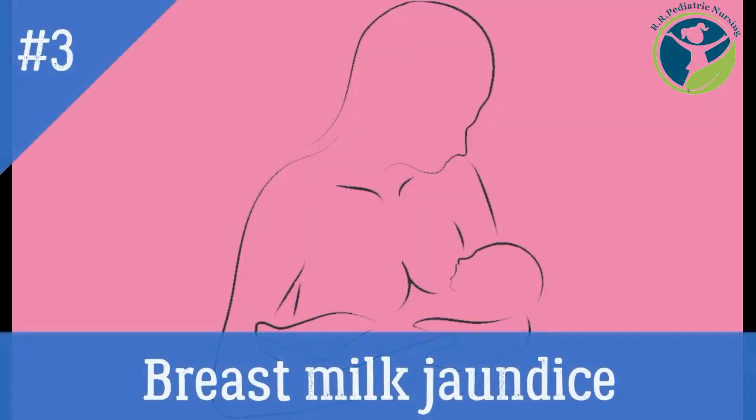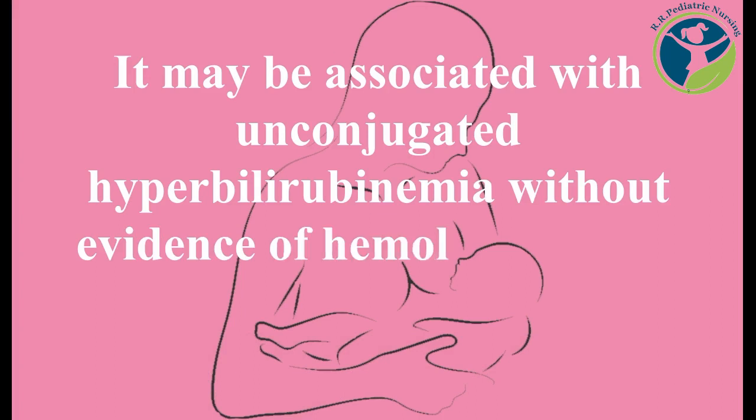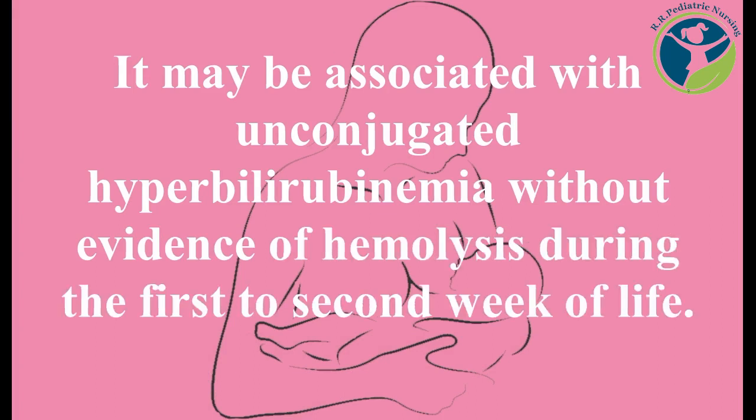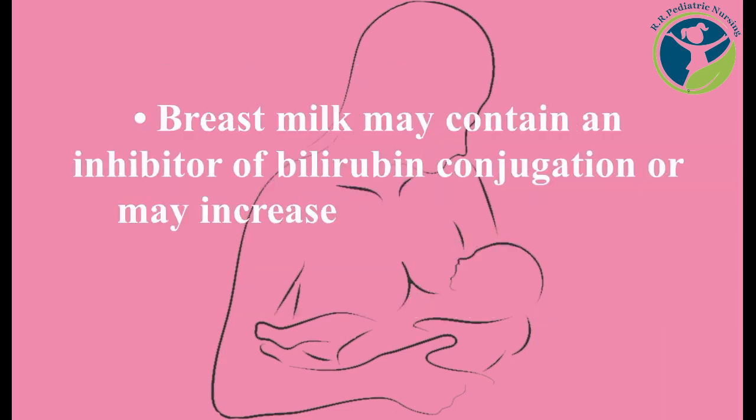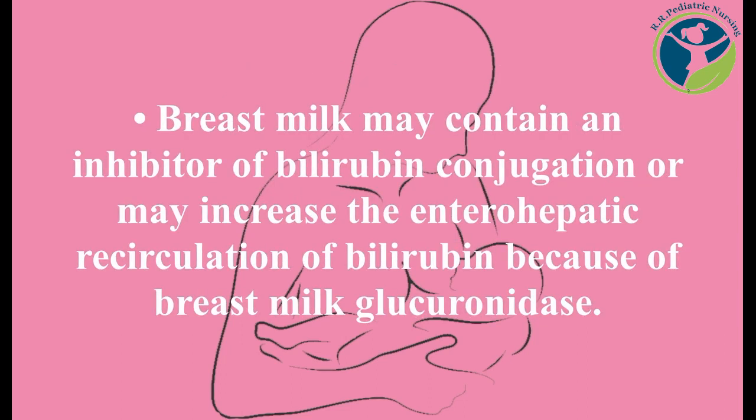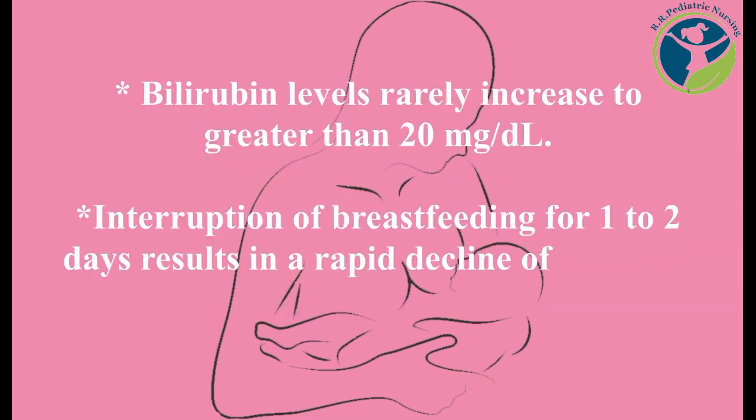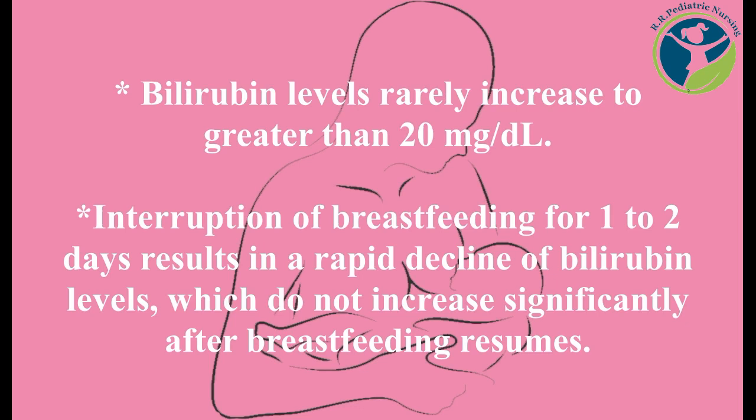Breast milk jaundice may be associated with unconjugated hyperbilirubinemia without evidence of hemolysis during the first to second week of life. Breast milk may contain an inhibitor of bilirubin conjugation or may increase the intrahepatic recirculation of bilirubin because of breast milk glucuronidase. Bilirubin levels rarely increase to greater than 20 mg per dl. Interruption of breastfeeding for 1 to 2 days results in a rapid decline of bilirubin levels, which do not increase